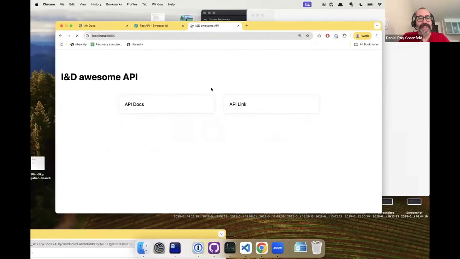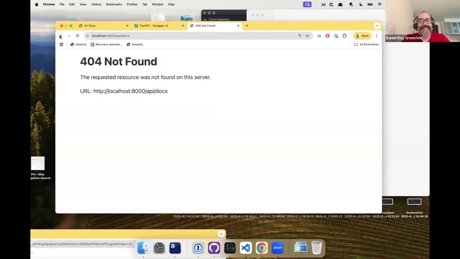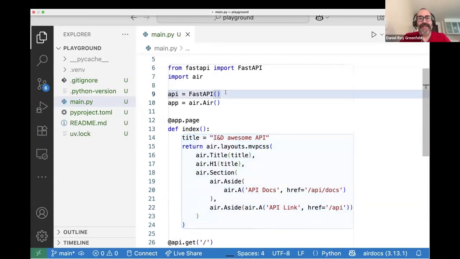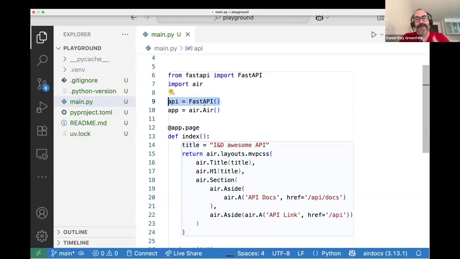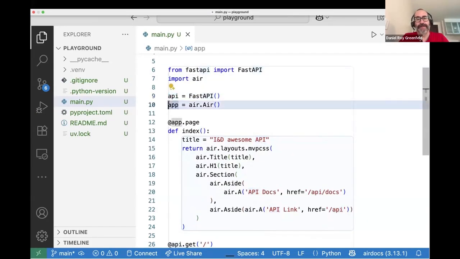All right, let's see. Okay, we did it the first time. There's no mistakes. That's good. So let's click on this. Let's see what we get. Oh, it doesn't like us. Let's try the API link. Nope. Well, that's because when we separated out our FastAPI project into its own thing called API, and we replaced it with AIR as an app,